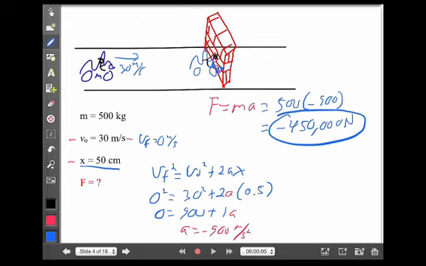Oh, so what does that mean? Force must be a vector. It has direction, positive or negative. And you think about, to stop a forward or positively moving car would require a negative force. And in this case, a really big negative force. So force and acceleration, they're always going to be in the same direction. Notice the acceleration was negative and so was the force. That's an important concept to remember.